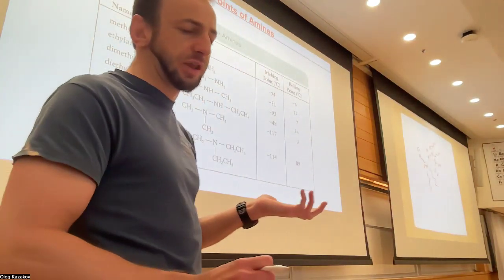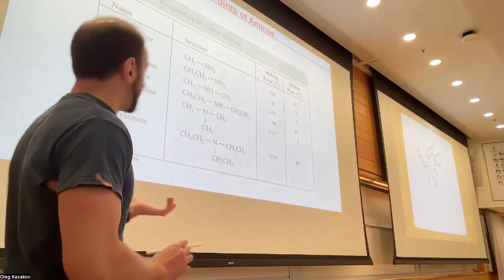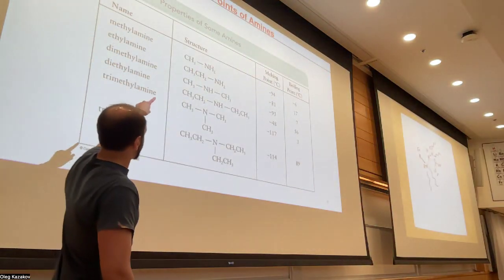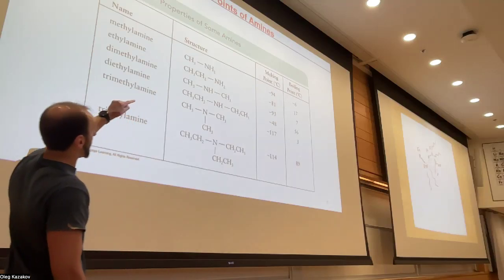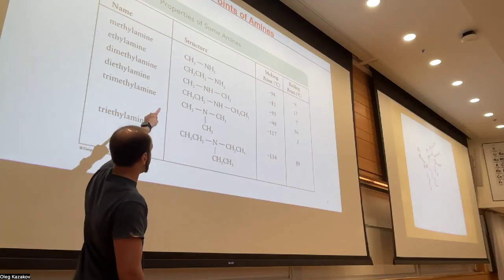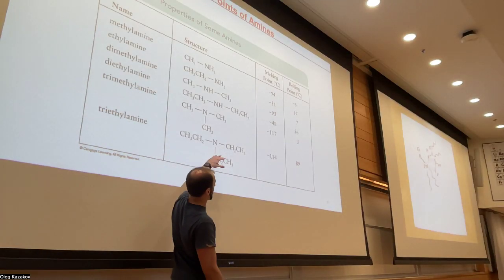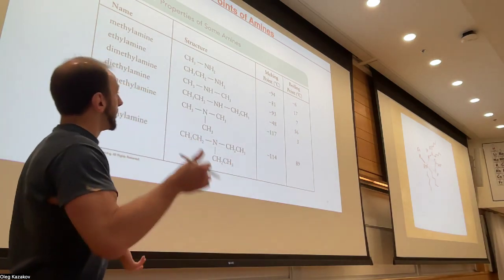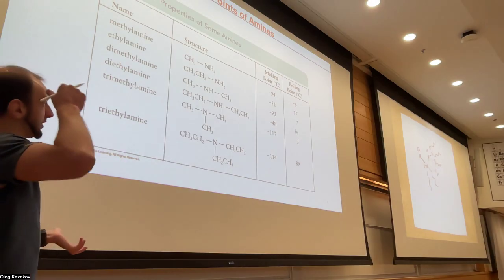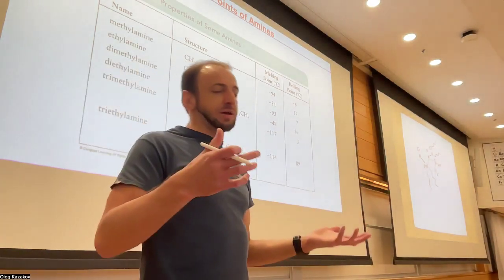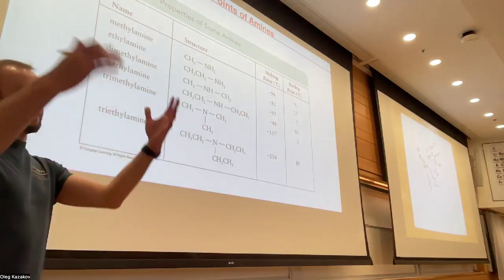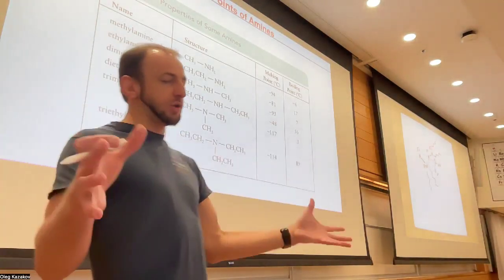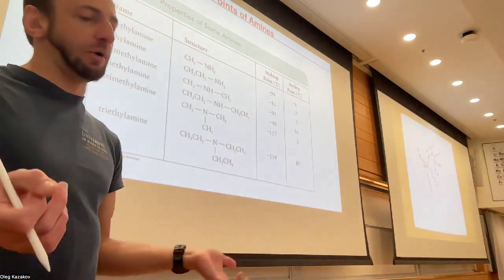So here we have the boiling points. If we look at the increase in molecular weight, which is what we observe as we go from the very light amine to some huge amine here, then the boiling point will tend to go up, right? It's more difficult to vaporize a molecule that is huge versus a molecule that is small.